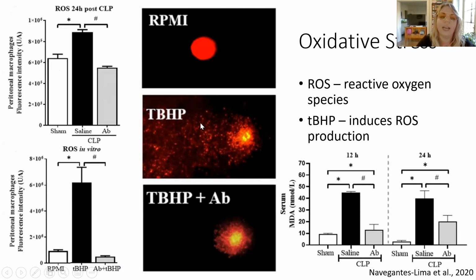And so next they wanted to look at DNA damage in PBMCs of healthy donors. And they did this by doing a COMET assay. And so here's the control, which is just regular media. And then the